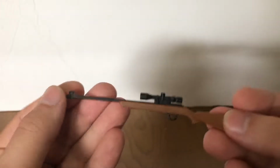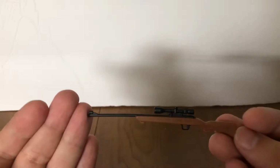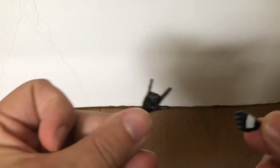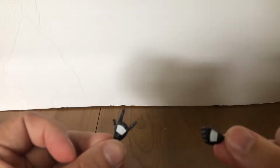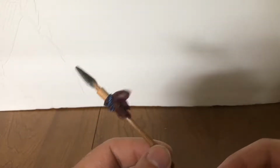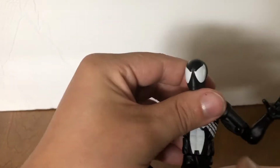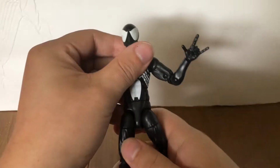You get this rifle that Kraven uses to shoot Spider-Man and then ultimately himself. You get alternate hands for Spider-Man, a fist and a thwip for the opposing hands. You get this spear, and then you get the black suited Spider-Man,